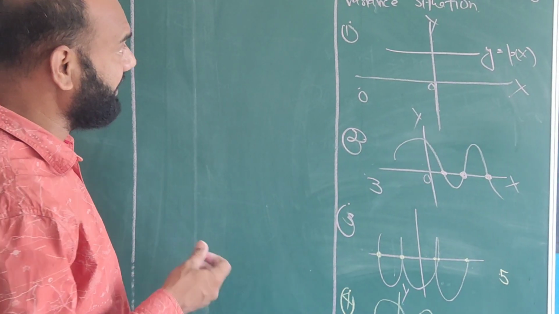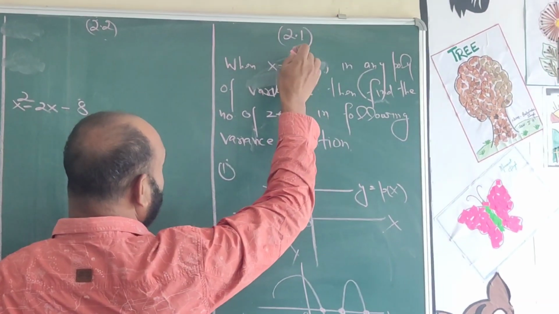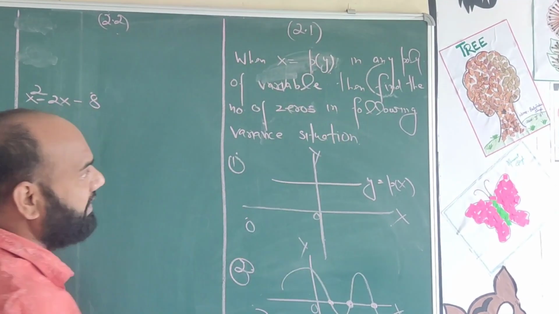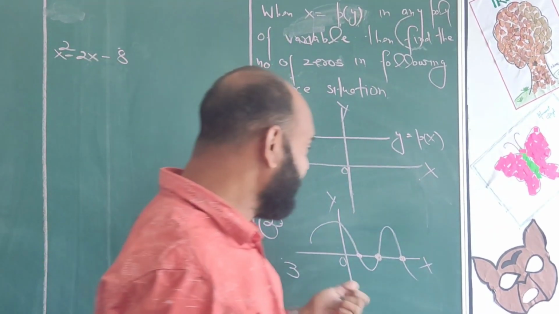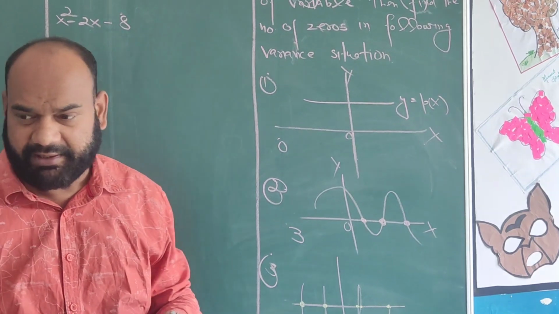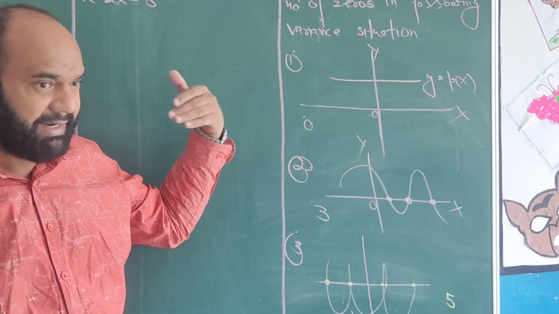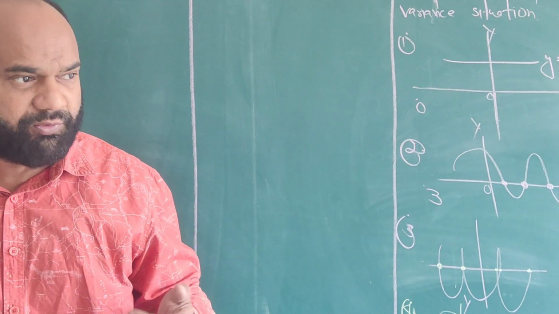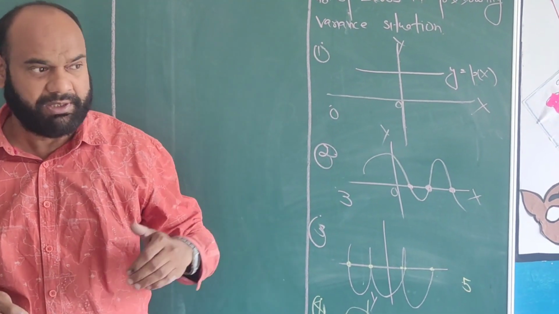And when this statement is changed, and we have this type where x is a function of y, or x is a polynomial in variable y, then to find the number of zeros we check the opposite condition. Opposite condition means we see at which points the graph cuts the y-axis. When the graph cuts the y-axis at 1 point, then the number of zeros is 1, and when it does not cut the y-axis, then the number of zeros is 0, and similarly.